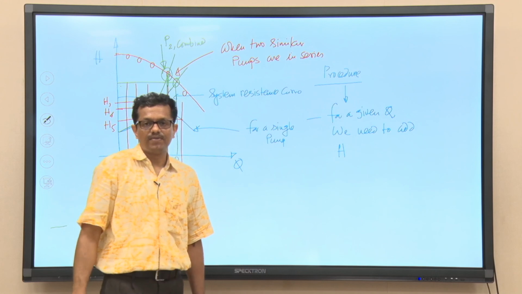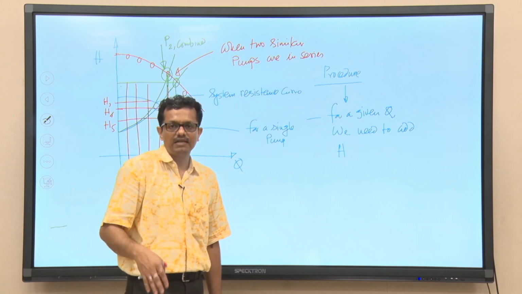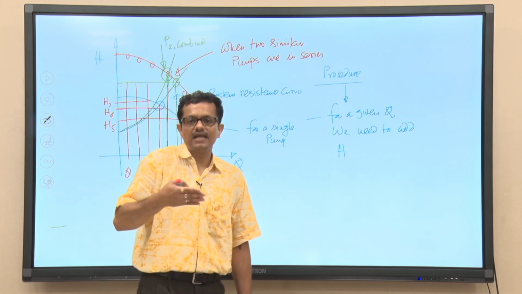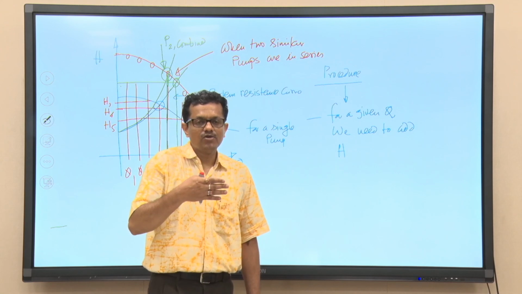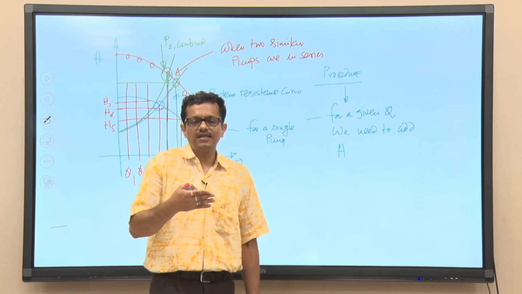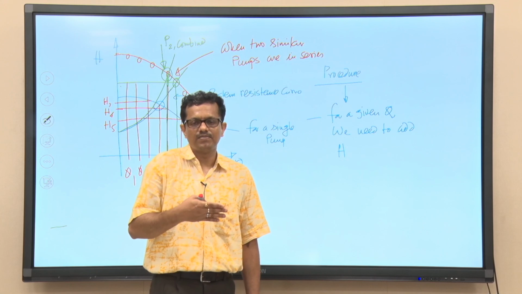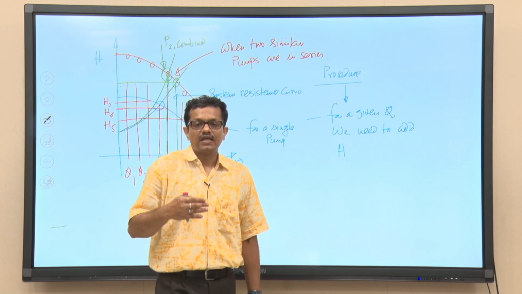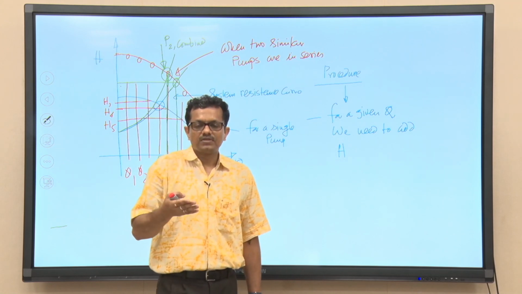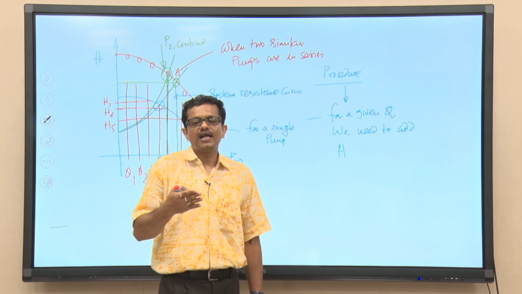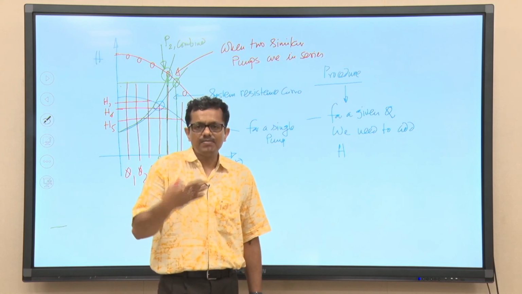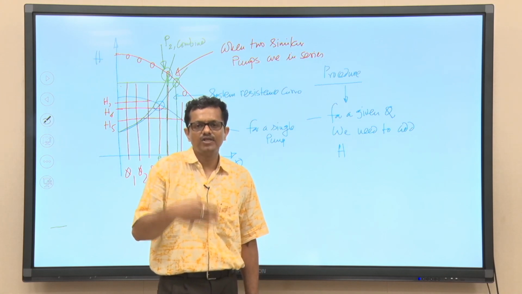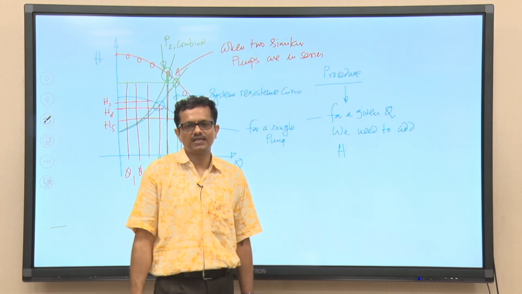taken from the existing pump house, the existing pump house should be able to meet the new demand, and if that is needed 10 years down the line from the first installation, then after 10 years it is very difficult to get a similar type of pump. So we may also need to think of installing 2 or more pumps either in series or parallel if they are not of the same design. If they are not of the same design, then what will be the HQ characteristics of the combined pumps and what will be the operating points, those aspects we will be discussing in the next class.